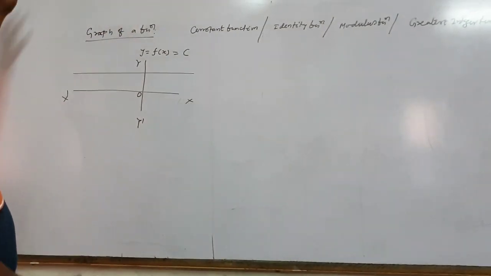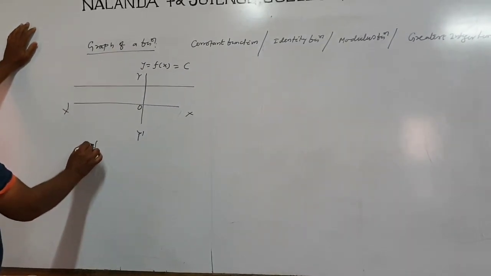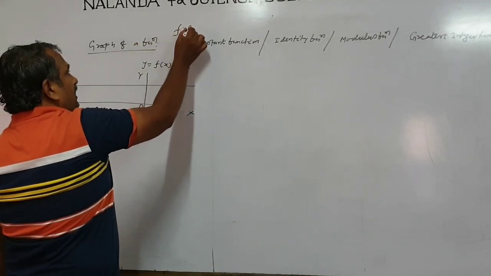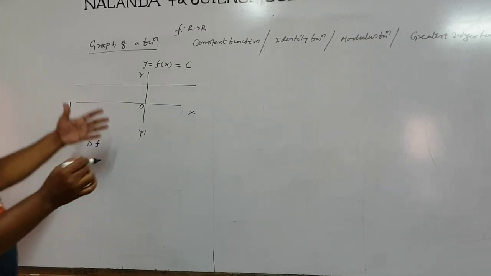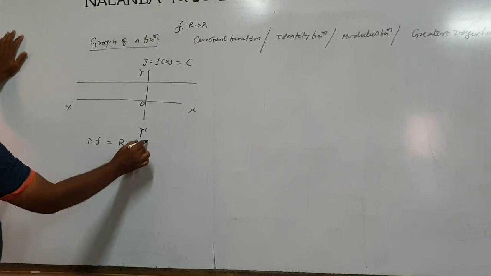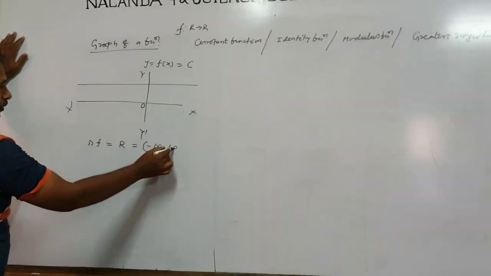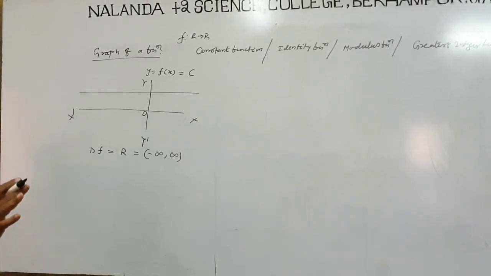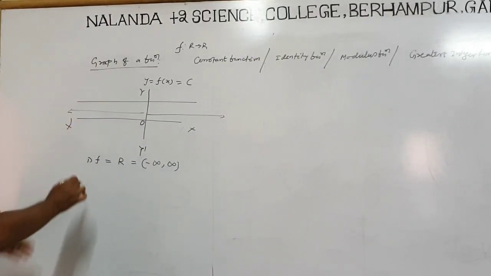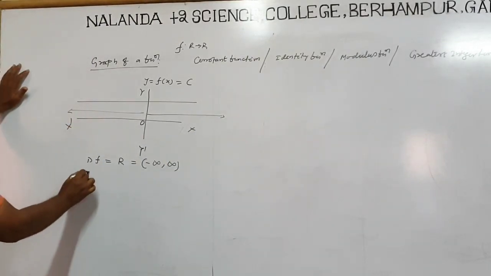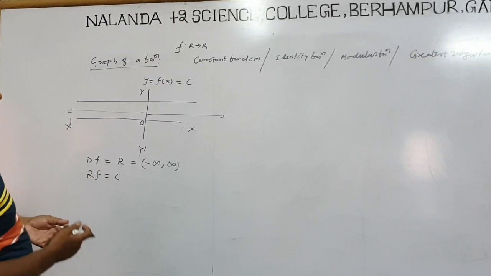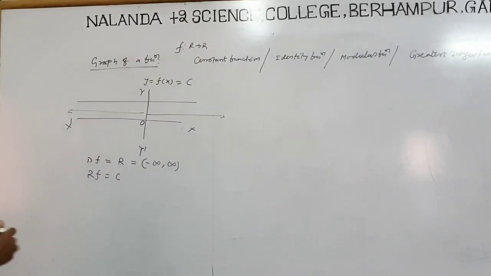Now, what is the domain of the function? F is a mapping from real numbers to real numbers. So the domain is the real numbers, or you can say minus infinity to plus infinity. X is the domain. And the range of the function equals c. If c equals 2, then 2. If c equals 3, then 3. Okay, easy to start. Next one is